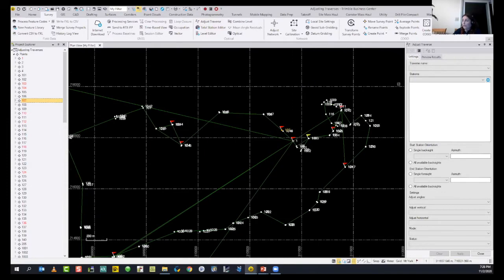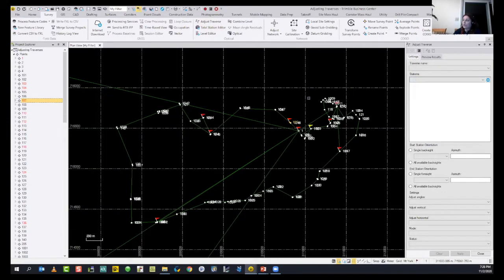It is quite quick. To start creating your traverse, you first click on Create New Traverse and name it.